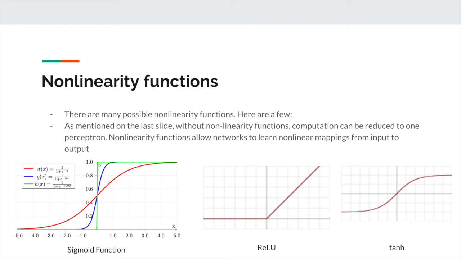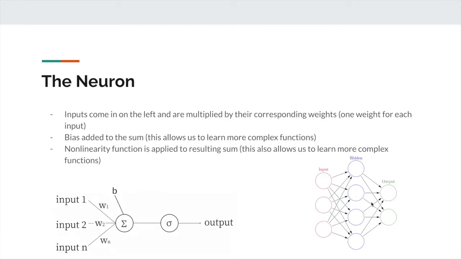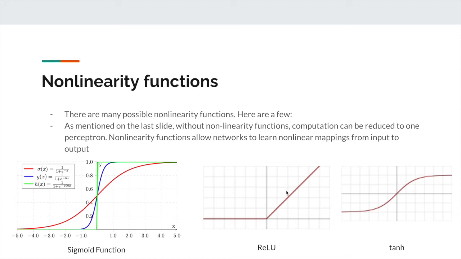So regardless of how many layers you add to your network, it can all be condensed to having just one neuron, right? So having these nonlinearity functions allows your neural network to learn nonlinear mappings from your input to your output,